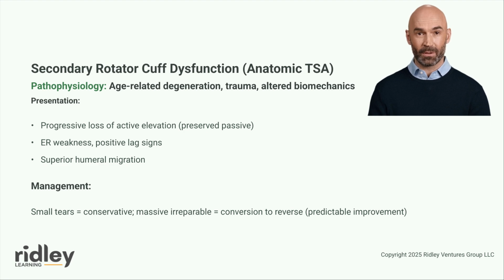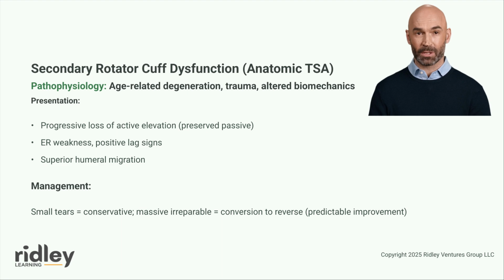Small partial thickness tears detected early may be managed conservatively with activity modification, scapular strengthening to optimize compensatory mechanics, and avoidance of overhead loading. Larger symptomatic tears that are potentially repairable may be addressed with arthroscopic or open rotator cuff repair, although success rates are lower in the setting of prosthetic arthroplasty due to altered anatomy, scar tissue, and tendon quality concerns. For patients with massive irreparable cuff tears and significant functional impairment, conversion to reverse total shoulder arthroplasty represents